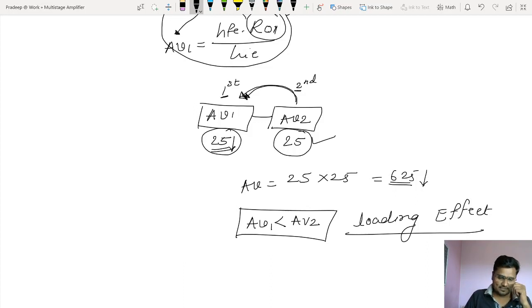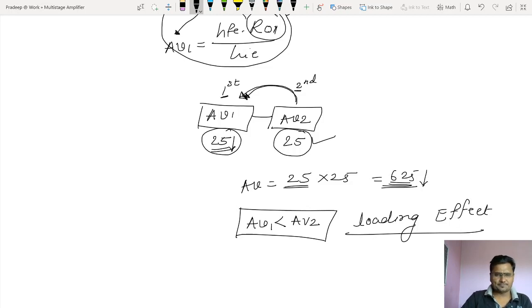While designing multi-stage voltage amplifiers, we need to remember that always. Because if I don't consider this loading effect, the amplifier will practically not work. Theoretically all design is okay, there will not be any problem on paper, but when you take components and mount them on a breadboard, you will face problems: the desired gain, for my example 625, you will never get, you will get less than that. Why? Because AV1 shows a very low value compared to the desired value. So this is actually the loading effect.